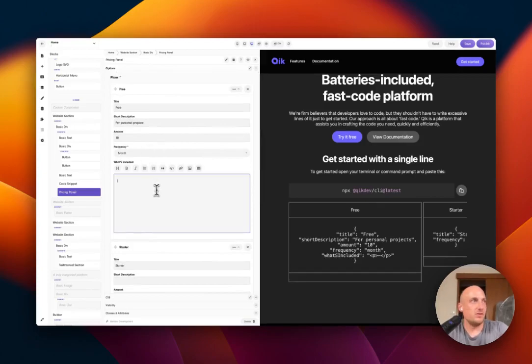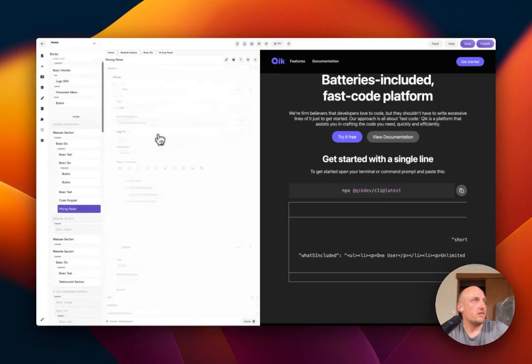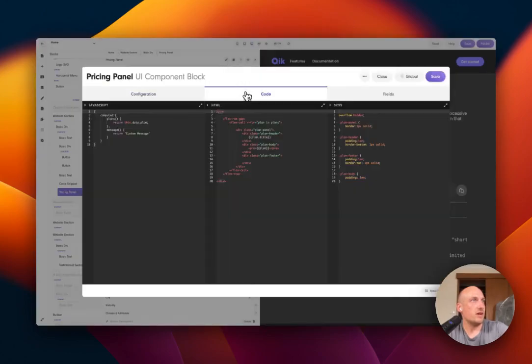We'll say includes one user, unlimited storage, unlimited API requests, minimal feature set, something like that. And then we'll just go back and edit the block again. We'll go to our code for our HTML, and here we can do,